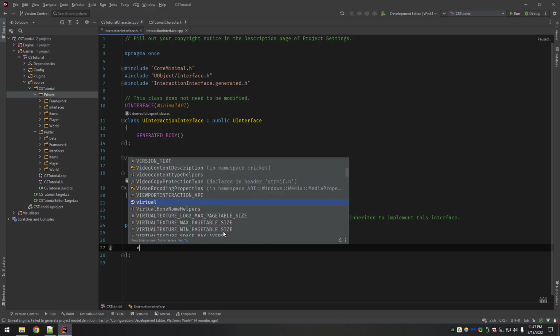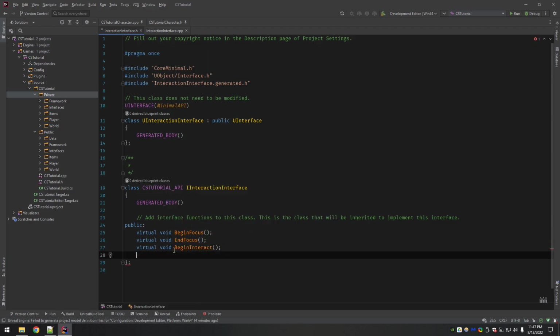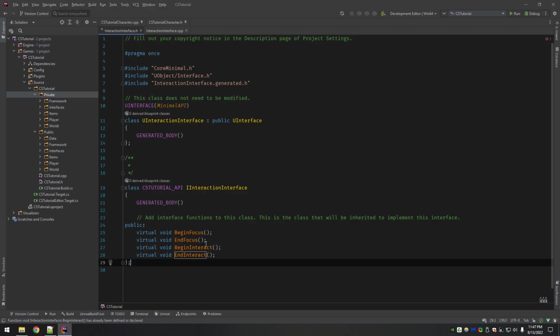Using a begin interact and of course an end interact, you can establish an interaction time, and in the begin you can do some checks for that and say, okay, is the interaction time on this object 0? If it is, just interact.